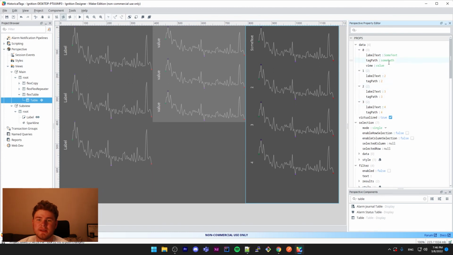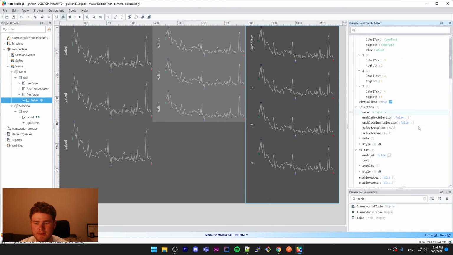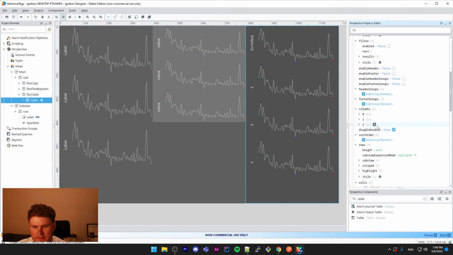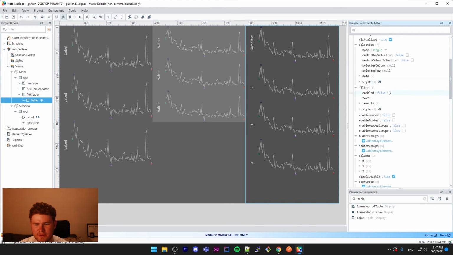And then if you set up a binding on the spark line, you can define it here and then pass it in to your view column, and you can parameterize and duplicate components that way too. So now the last thing I wanted to try, which I did not try up to this point,